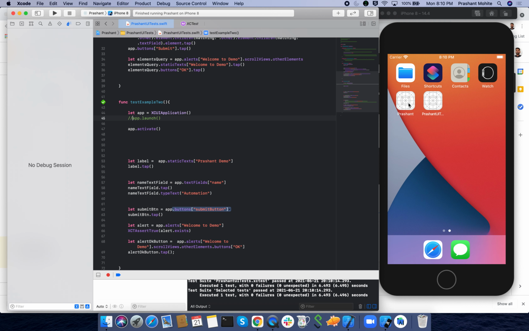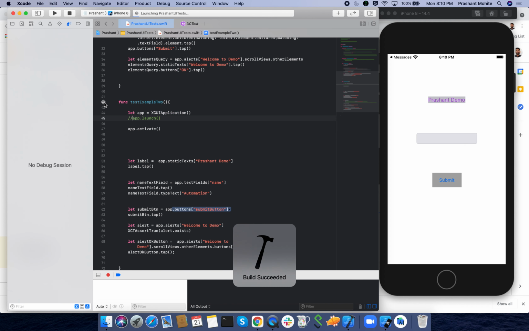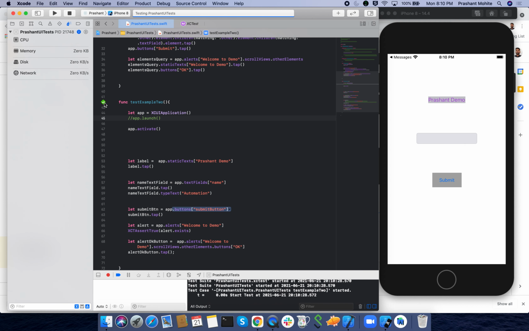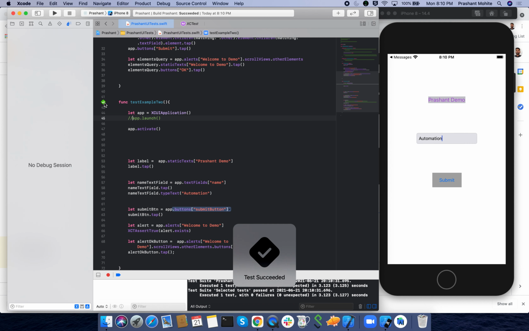If there is already an app and I run this code, now you see the difference. It has not created a fresh instance of the app. It is working on the already existing instance of the application. But if you don't have an instance of the application, then activate will also create a fresh instance and then activate. I hope you get the difference between app.launch and app.activate.